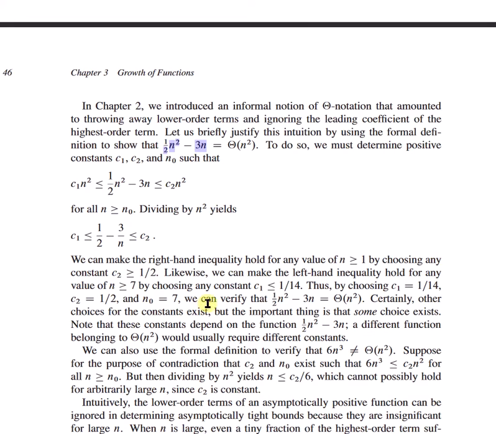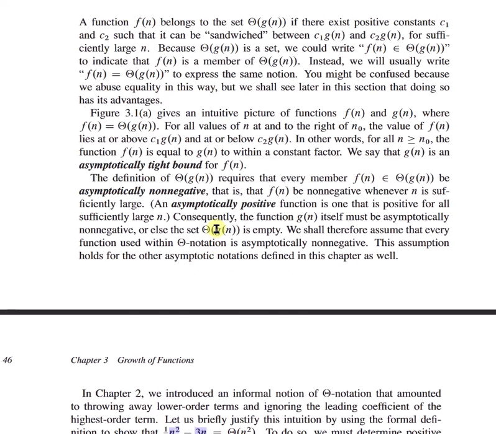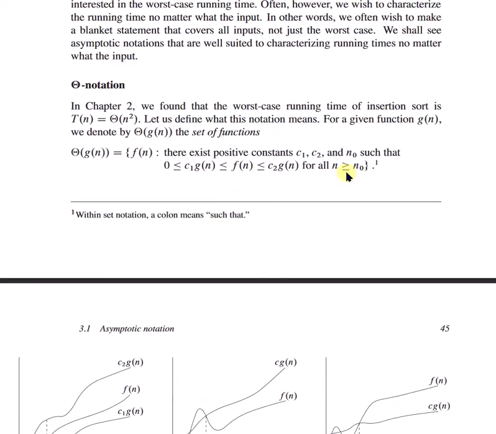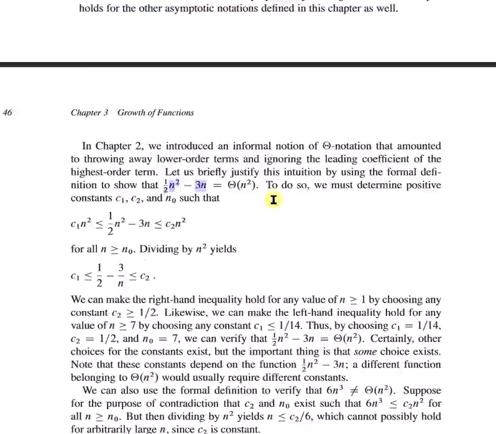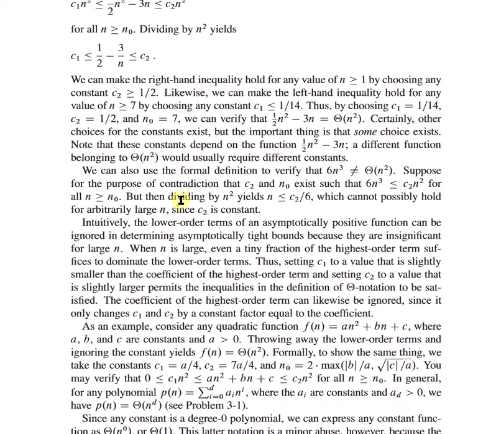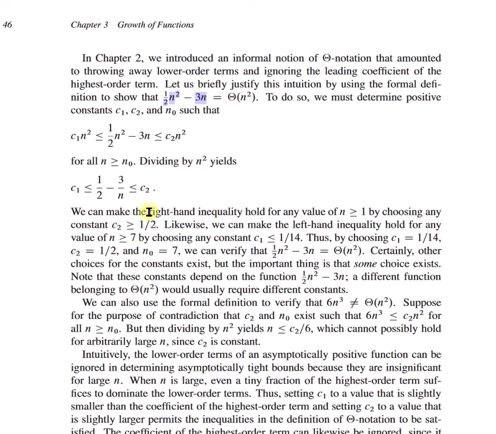So we can call it more or less n square. To do so, we must determine positive constants c1, c2, and n0 such that for all n greater than n0, dividing by n square yields